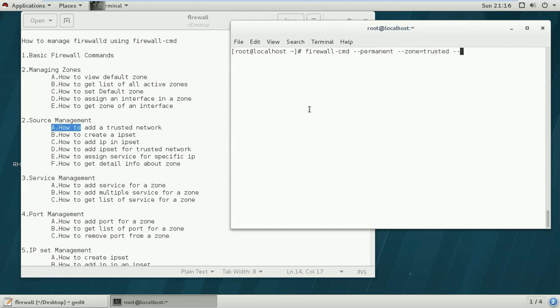--add-source=192.168.10.0/24 as a trusted network. As you can see here, our network 192.168.10.0 is on the trusted network right now. So we can add a trusted network using the command add-source,